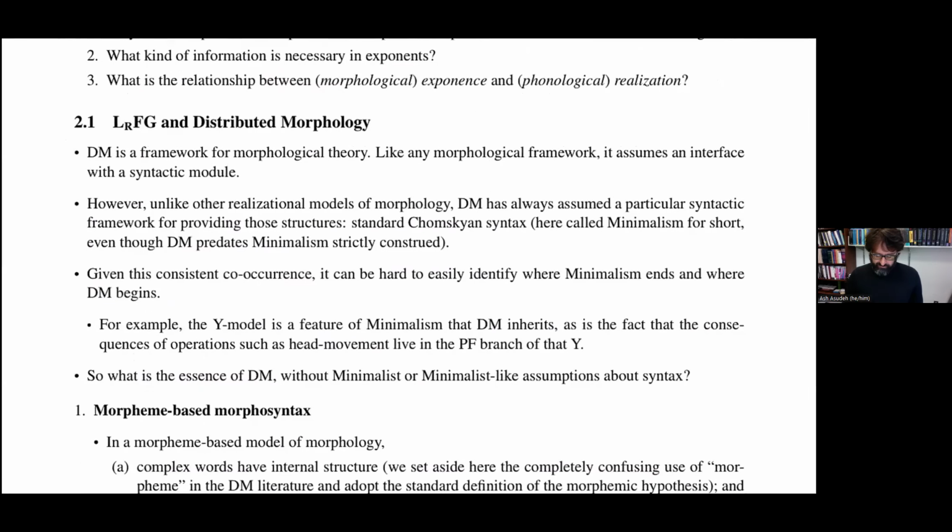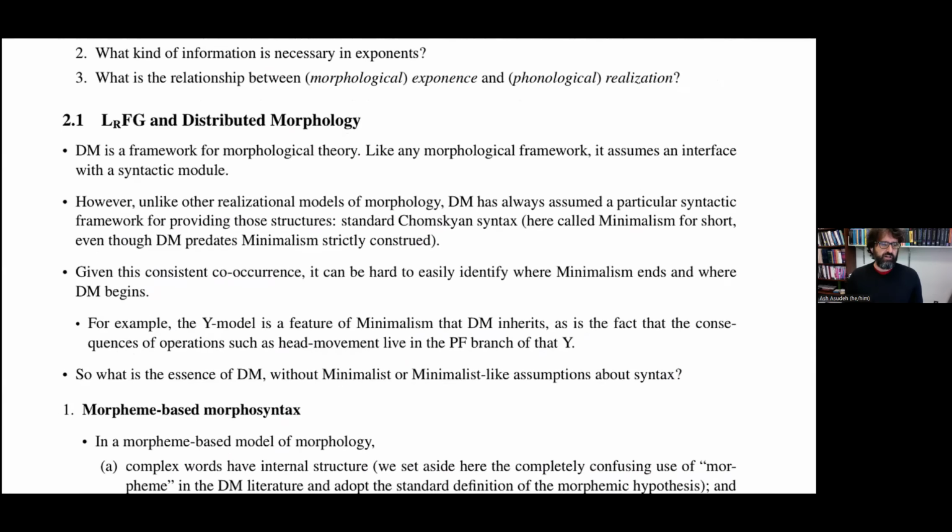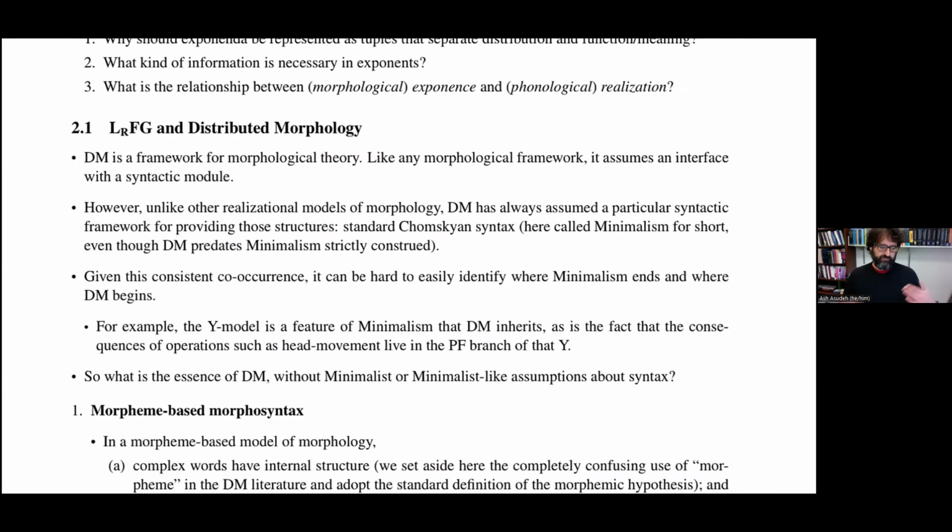Okay, so I want to give you some background on the theory first, and just sort of a way of getting a foothold in where I'm going next. So first I'm going to talk about LrFG and distributed morphology, and then I'm going to talk about LrFG and LFG. So as many of you probably know, DM is a framework for morphological theory,